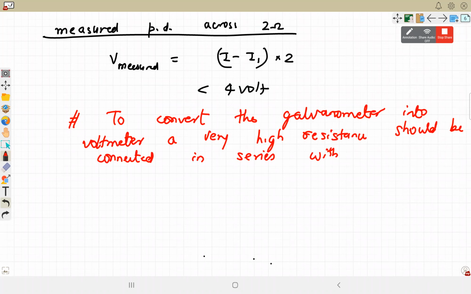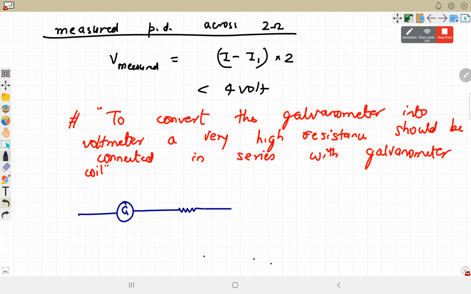In series with galvanometer coil. गैल्वेनोमीटर की कॉइल के साथ अगर हम सीरीज में बहुत हाई रेजिस्टेंस लगा देते हैं